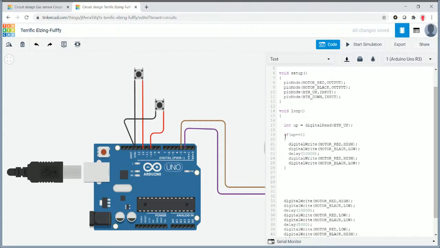We should also check int down, which is digital read button down. If down is equal to 1,